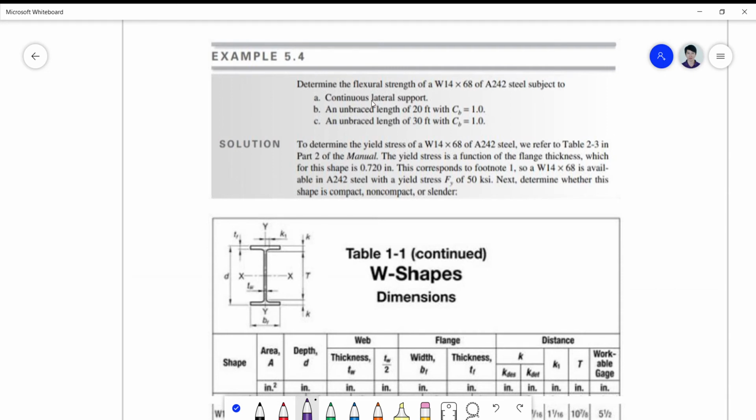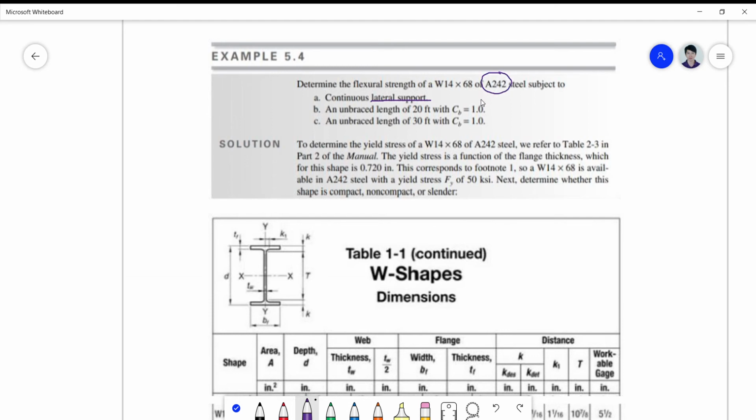Second is using an unbraced length equivalent to 20 feet. And the third is using an unbraced length equivalent to 30 feet. Both B and C assume that Cb is equal to 1.0. So for an A242 steel, which is not quite